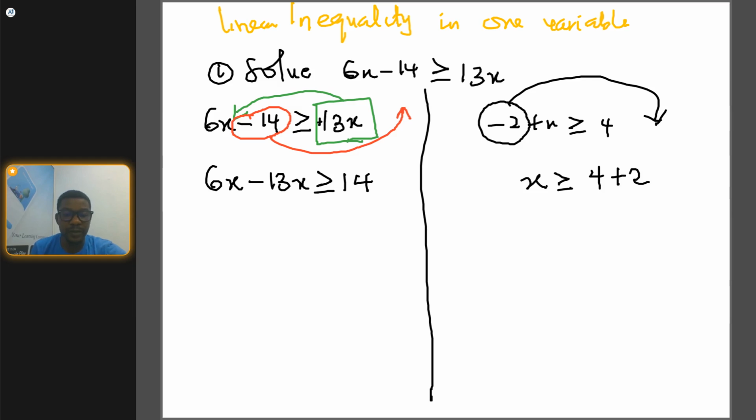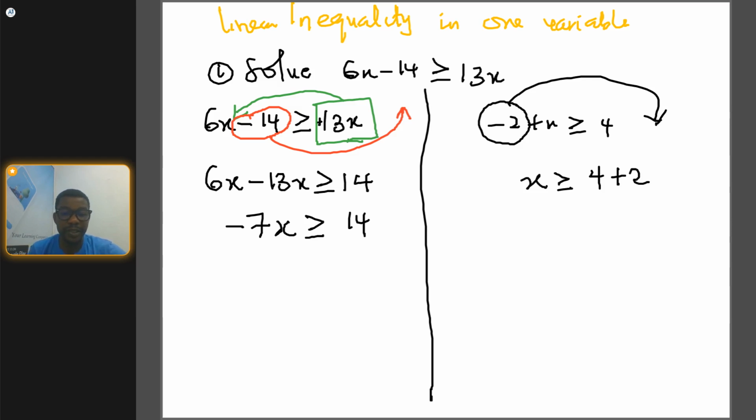Okay, now let's proceed. Subtract 13x from 6x, and that will give you minus 7x. Minus 7x is greater than or equals to 14. Now, I want to ask the question. To get the value of x, we are going to divide both sides by what value? I need your response in the chat box while the class continues. We'll be dividing both sides by what? To get the final expression,